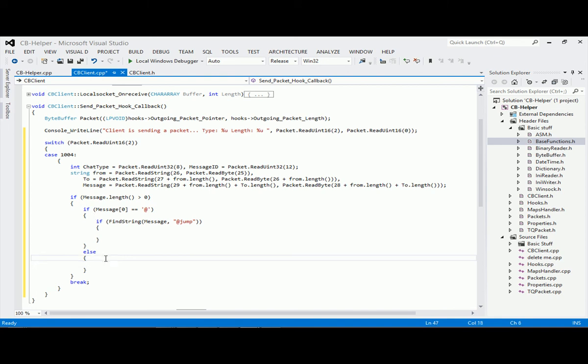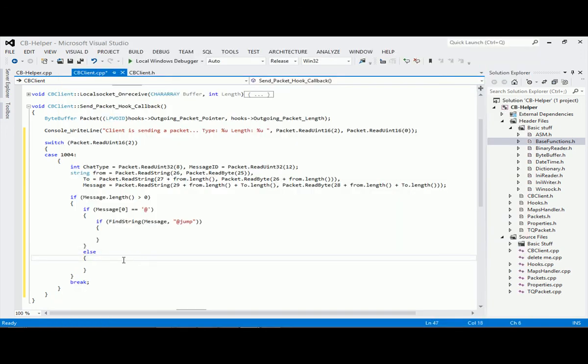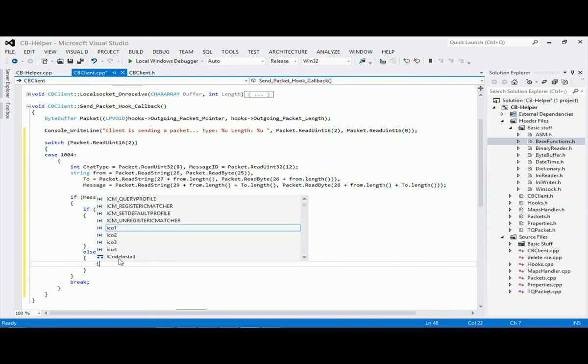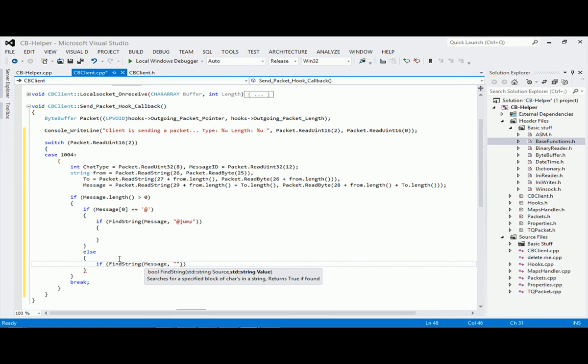If not, which is the else right here, if it doesn't start with at, then it's a regular message. Inside this else statement, you can simply compare the message to something annoying that you want to get rid of. Sometimes when I kill monsters it says that bonus exp is blah blah blah, and I sometimes want to get rid of this. All I gotta do is find string: the message first, and then the string that I want to find. We'll copy any of these messages, and it found it. If it finds any occurrence of these three letters, exp, inside that message, it'll go inside this if statement, and all you gotta do inside is